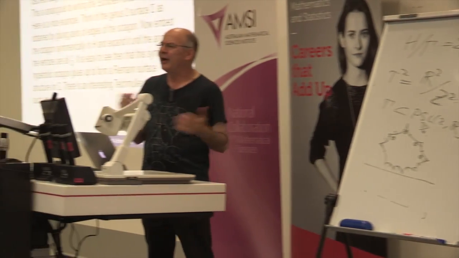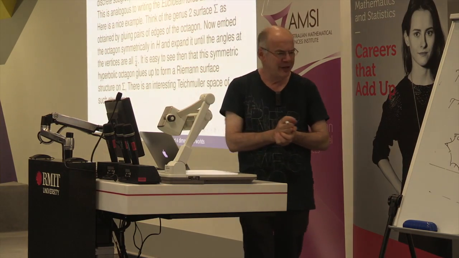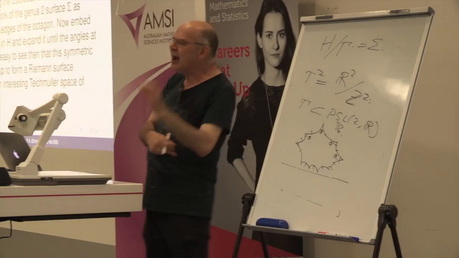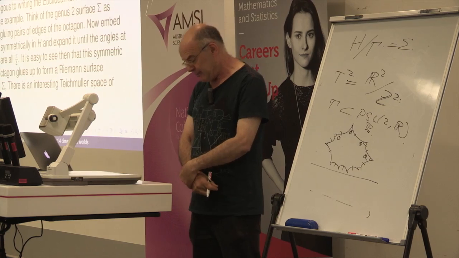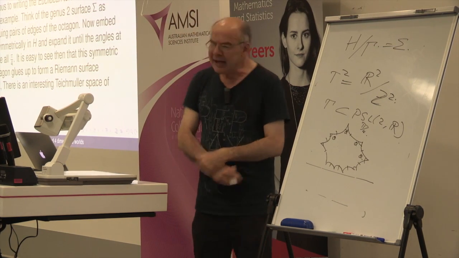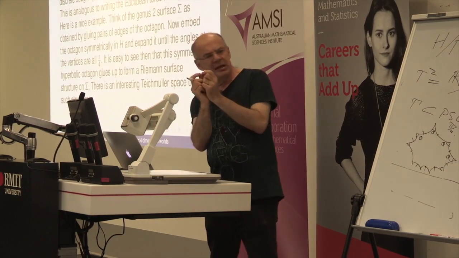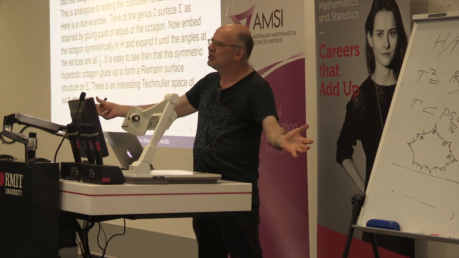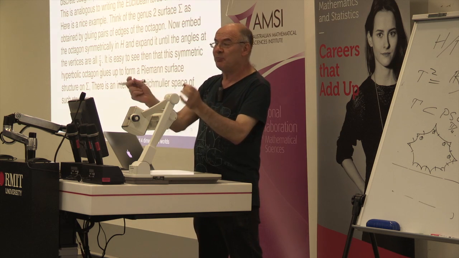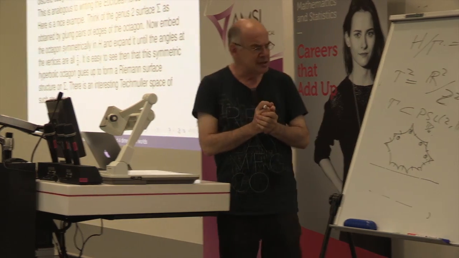Here's an interesting hand-wavy proof. Suppose I start off with a really, really tiny octagon in the hyperbolic plane. It's really small. It's actually going to look very much like a Euclidean octagon, because the sides are going to be arcs of circles which are extremely short. So it's like being on the Earth's surface. If you take a very short piece of the Earth's surface, it looks very straight. So this will look extremely straight.